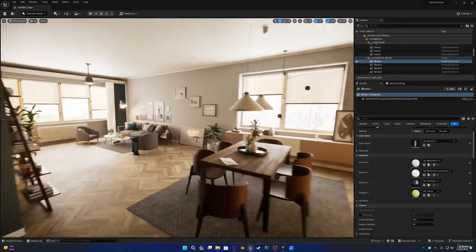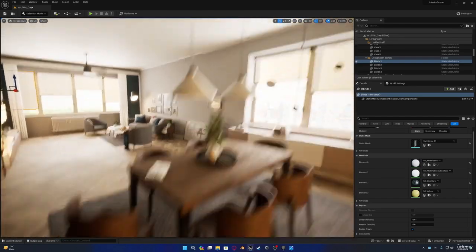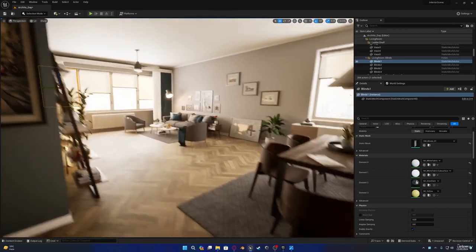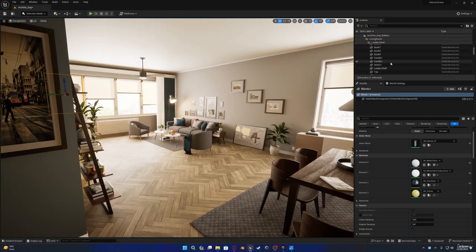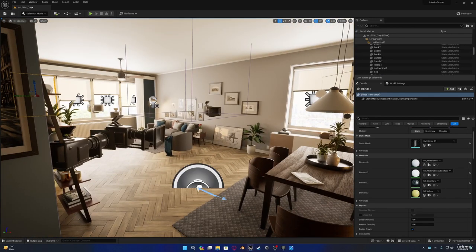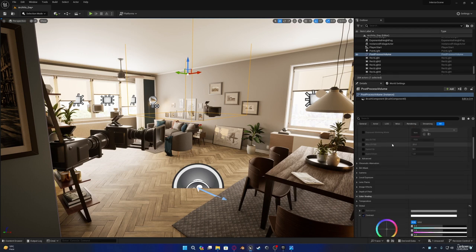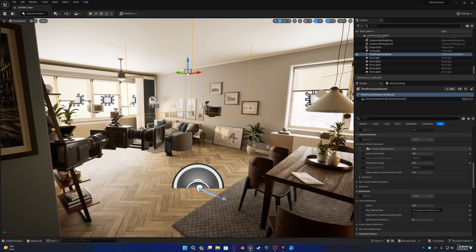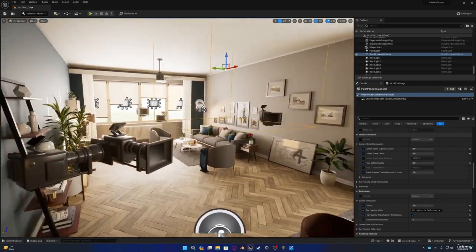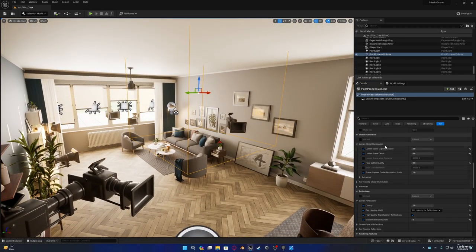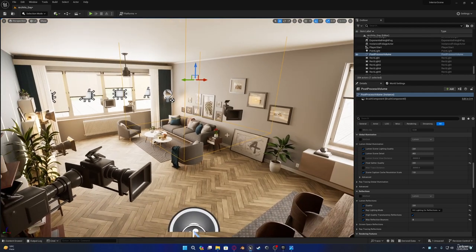Now we can render this out. If you're lighting a scene for a game, then in the post-process volumes, just bump down the Lumen settings. Don't make them so high. Just keep these on the default, and you should have good performance. And now that we're going to render this out, we're going to set everything to the max, and we can